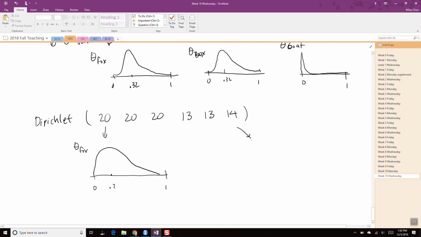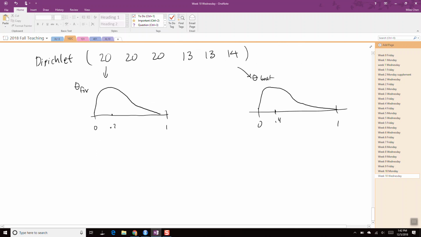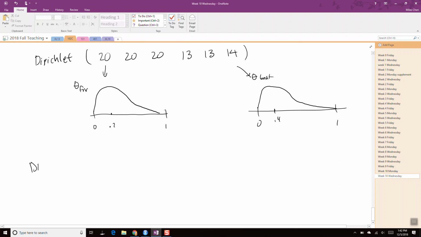And over here for theta boat, going from 0 to 1, probably 0.14 is most likely, but also quite a bit of spread. Okay, whereas if I have Dirichlet,